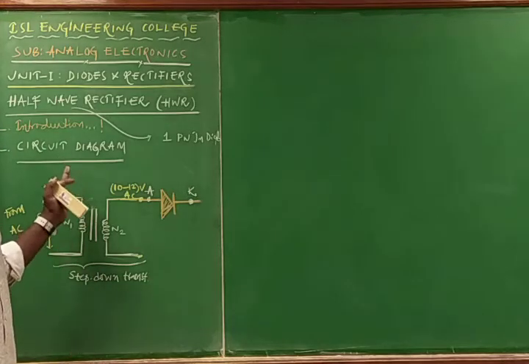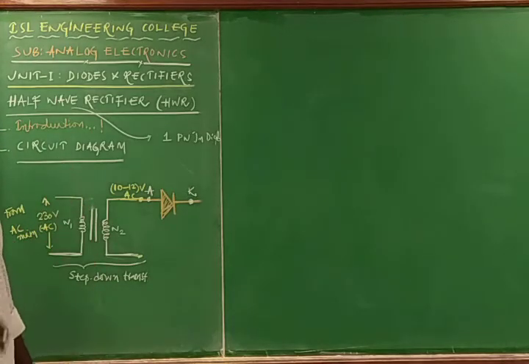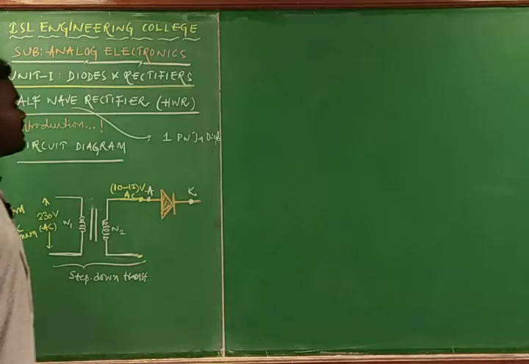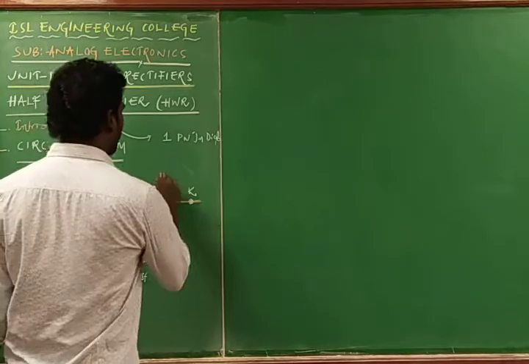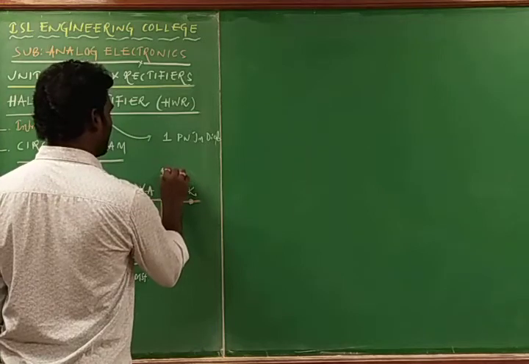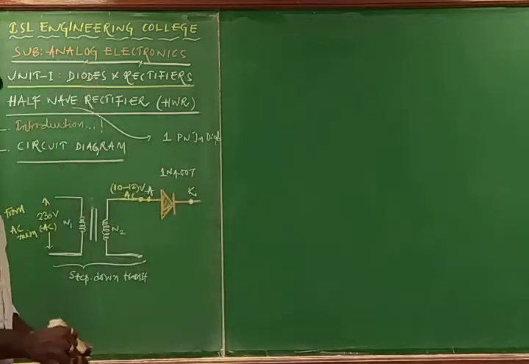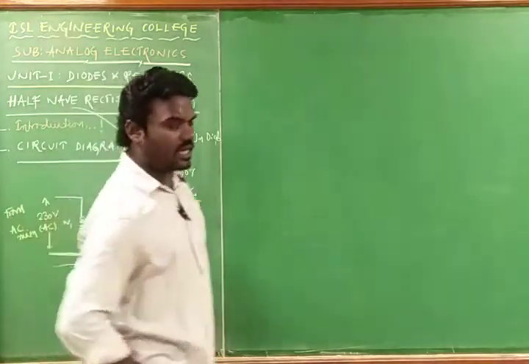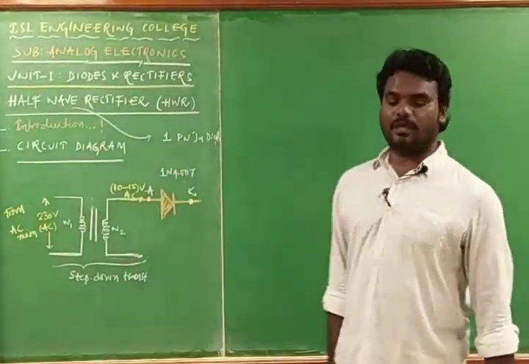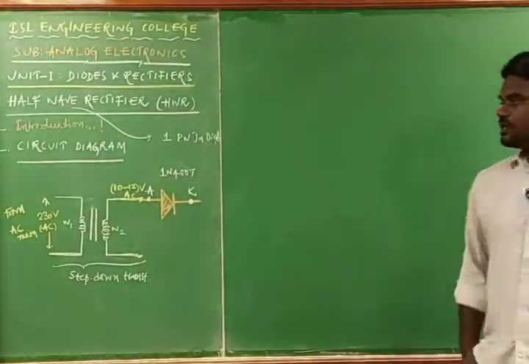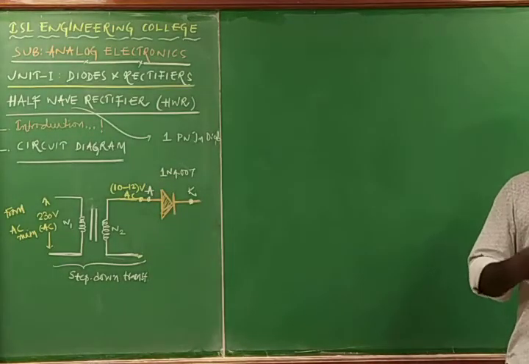We have been discussing the half wave rectifier. The half wave rectifier makes use of only one diode, and that diode is nothing but a simple PN junction diode, and that simple PN junction diode number is 1N4007. Whatever diode we use in the circuits, or whenever we perform the experiment using the PN junction diode, that is nothing but 1N4007.